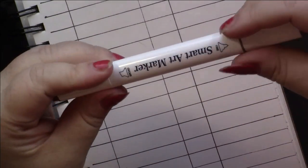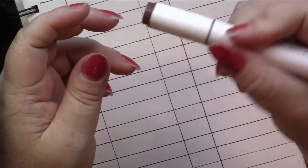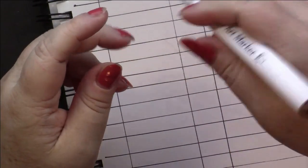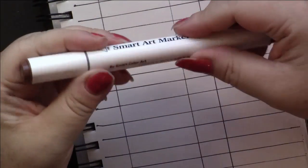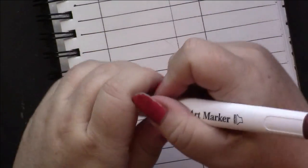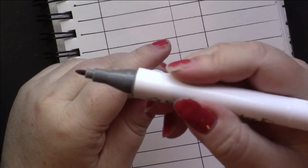Now this is a triangular barrel, which I have to say I really like. I love the Shuttle Art Tri-Plus line because of its angular, triangular thing. So this is my first set of triangular barrels. So there's a broad and a fine tip. The fine is